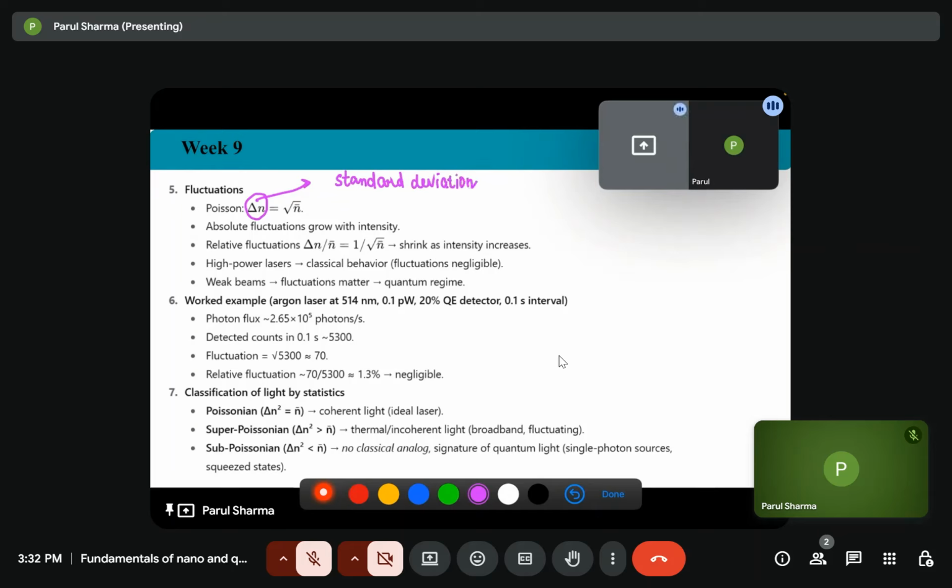So the standard deviation is equal to root n bar, and the absolute fluctuations will grow with intensity. We saw in the previous cases that if we have the higher intensity, then we are having